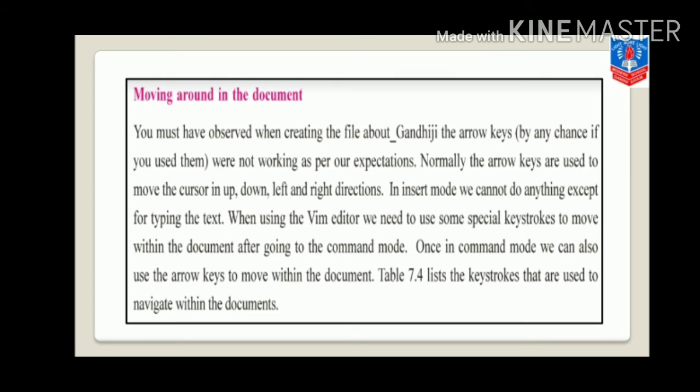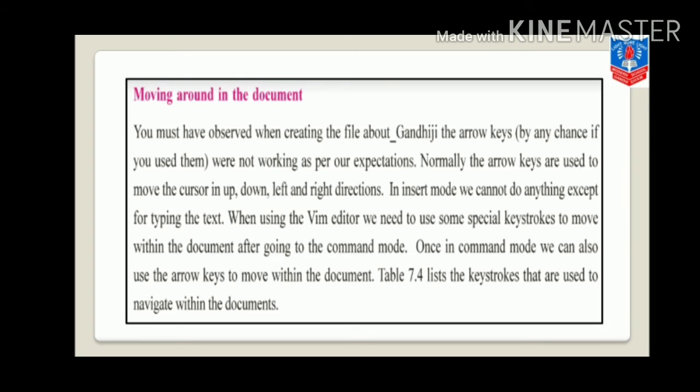Normally the arrow keys are used to move the cursor up, down, left and right. In insert mode we cannot do anything except type the text. When using the Vim editor, we need to use some special keystrokes to move within the document after going to command mode.